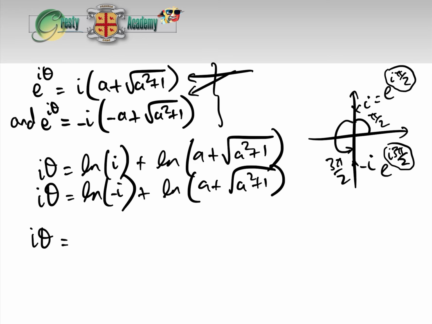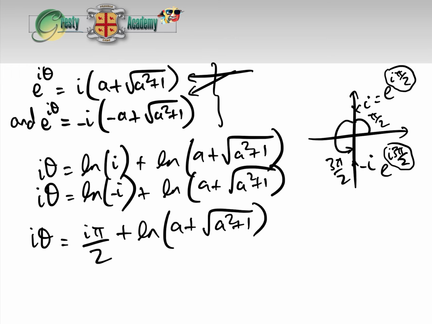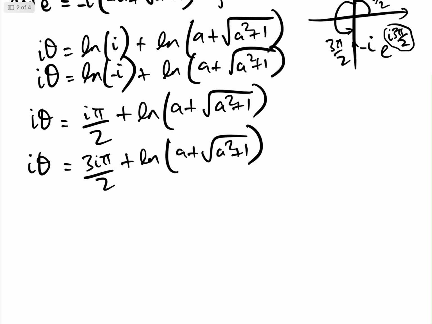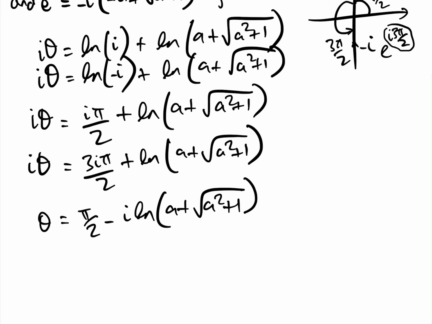So that gives us that I theta equals I pi over 2 plus log a add root a squared add 1, and I theta equals 3i pi over 2 add log a add root a squared add 1, and then just dividing by theta, we get that theta therefore equals pi over 2 minus I log a add root a squared add 1, and theta equals 3 pi over 2 minus I log